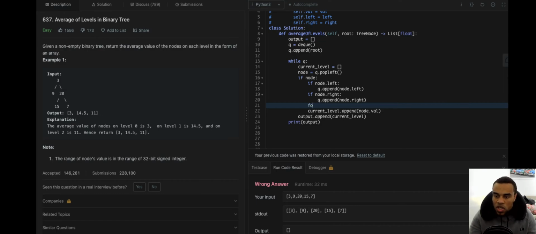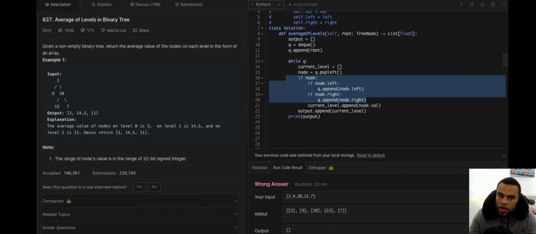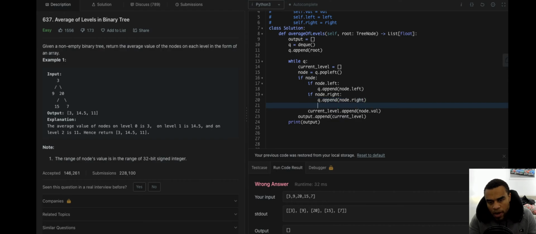Our Q has now 9 and 20 at one point, for example. So 3, then that's 9, 20. If we look at 9, 20, we should say if node dot left, if node dot right, Q dot append, right? But this is doing one by one.